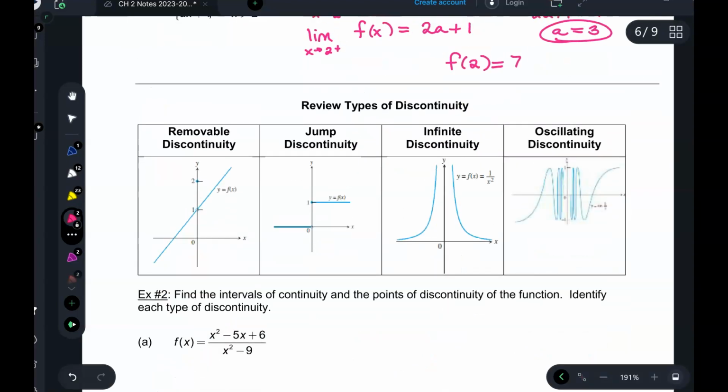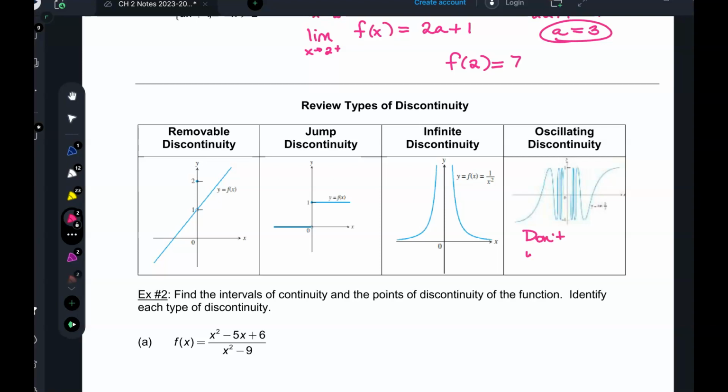Okay, again, this is what I was just mentioning. We had already talked about. You don't need to worry about this one. So you just need to know removable. Oh, I was going to sneeze. Removable, jump, and infinite. Okay, so now we want to find the intervals of continuity and the points of discontinuity